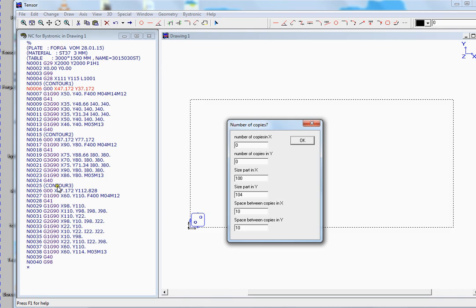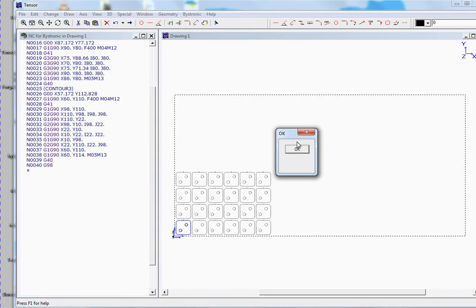We have 3 profiles, 3 contours, and we can enter a number of copies we would like to have in X, like for example 5 and 3 in Y. The size of the part is in X 100 and Y 104. This is because we have a small approach here, and the space in between the copies in X and Y will take 10 millimeters, and we'll click on OK, and you can see the copies being drawn into the drawing,